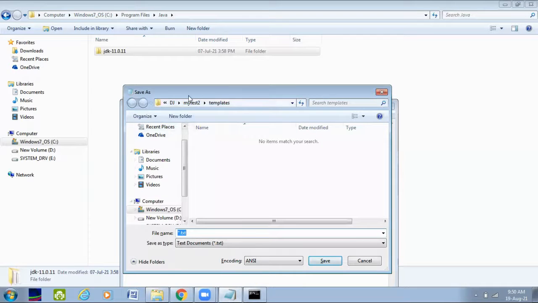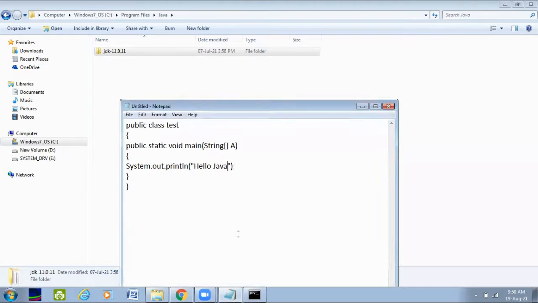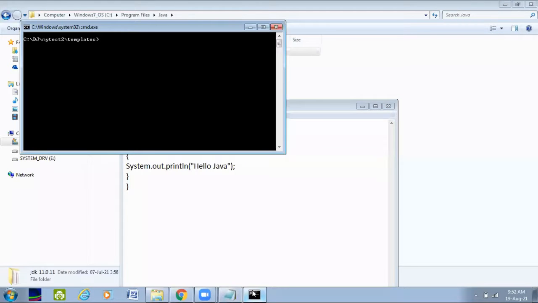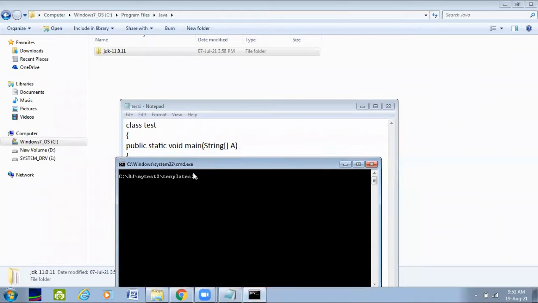Now let us save it anywhere in our system. Let it be here in the templates folder. We'll save it with the extension .java, let it be test1.java. Once we have written this code, go to command prompt and visit the same location where you have saved the file, in my case templates. Type javac and the name of our file.